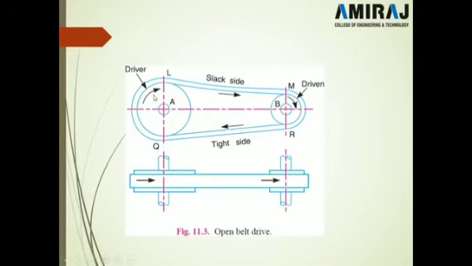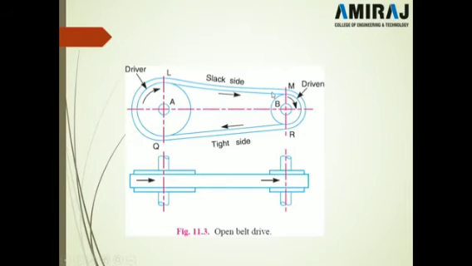Now after winding of the belt, the driver pulley pushes the belt to the driven. Now the driven pulley is not going to pull, but the driver pulley is going to push the belt. So the sag is going to occur. So sag is going to be produced on this side. So the belt is going to be loosened between two pulleys. So this side is going to be called the slack side, right?